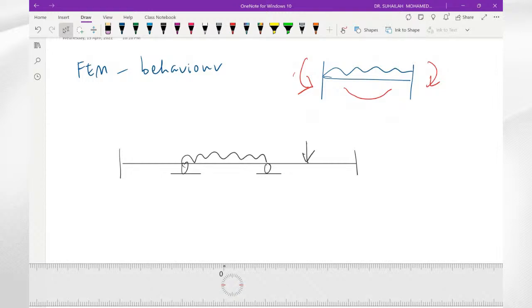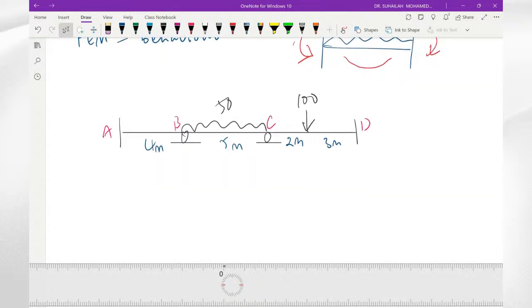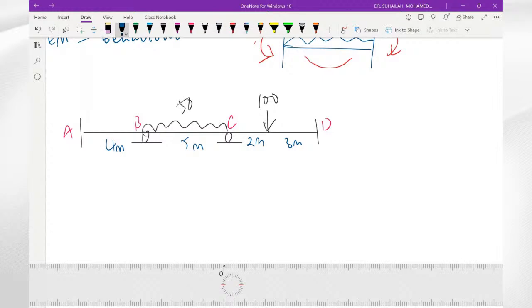So bila ada support settlement, kita akan ada additional. Means okay, akan ada additional. So for example, sini 50, sini 100 contoh. Okay, so dekat sini kita 4 meter length, sini 5 meter length, sini 2 meter, sini 3 meter. Okay, so sini A, B, C and D. Okay, lepas tu dalam soalan ada mention about support settlement. Okay, support B is settled or support C is settled. For example, support